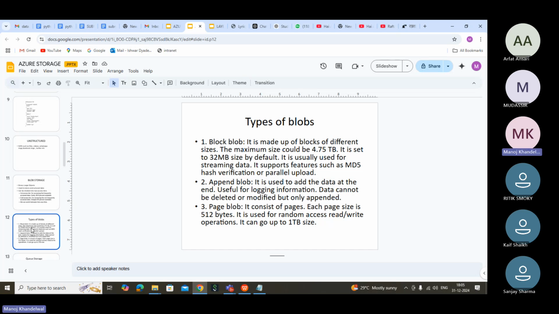Sir, here it is showing it is modified but only append. Whenever we append and we save it, it becomes modified, no sir? Modified means your data is there and you want to make a change. That is called modified. But we are not changing, we are just adding some data at the end. So in this application, you don't want to make any changes to the previous logs which are created. We are adding something extra at the end. So that is append blob.